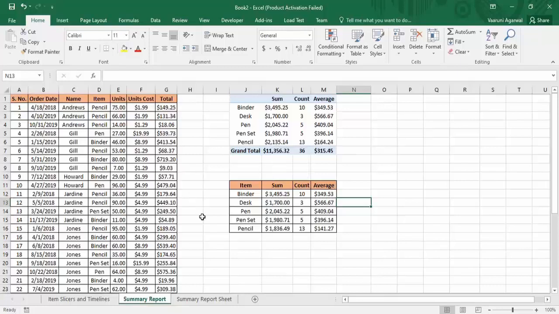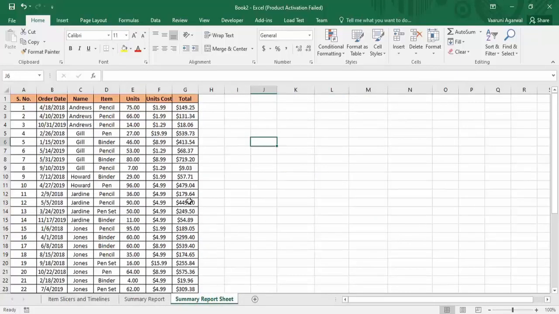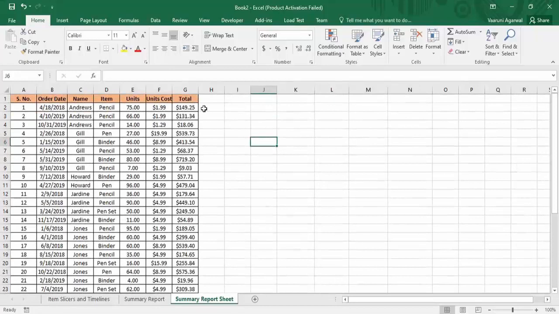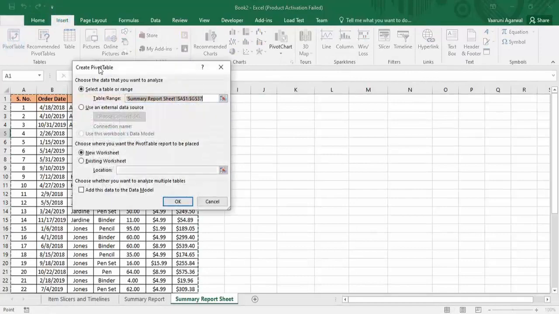If we go to this different sheet, here we have the same database, the same table. In the previous one we did it with the help of the items. This time we are going to classify it on the basis of names. First of all, I'm going to show you how you can prepare a summary report with the help of a pivot table. For that purpose, first create a pivot table. How can you create a pivot table? We all know. Just bring your active cell inside the data source, go to Insert, click on PivotTable, and your whole data range would be selected.